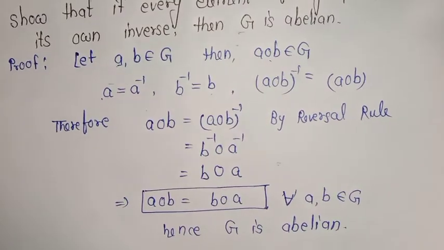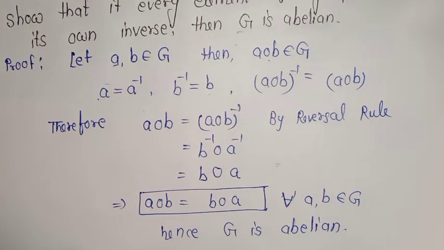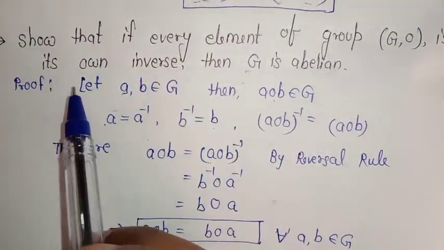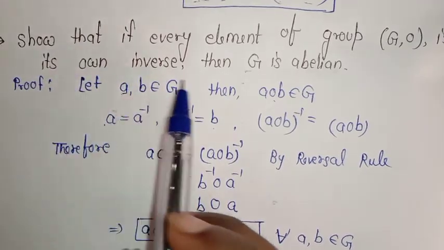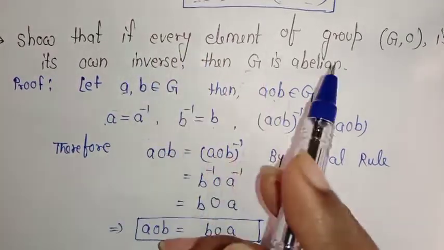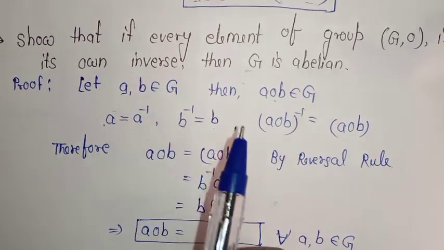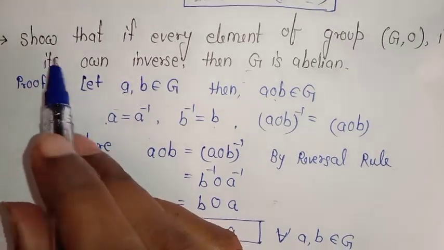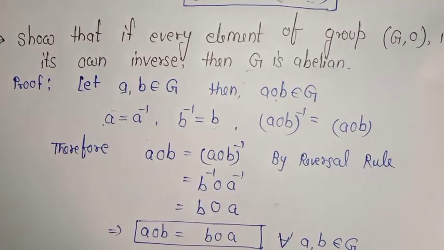So in this way we can prove this property, and this is a very important property in order to determine whether the given group is abelian or not. Suppose the group is given such that some elements have their own inverse, but this is not true for some element. If every element of the group has its own inverse, that is, the group contains self-inverse elements, then we can say that the group is abelian. Now I want to take one example to show how we can understand that the group is abelian by saying that the elements are self-inverse.